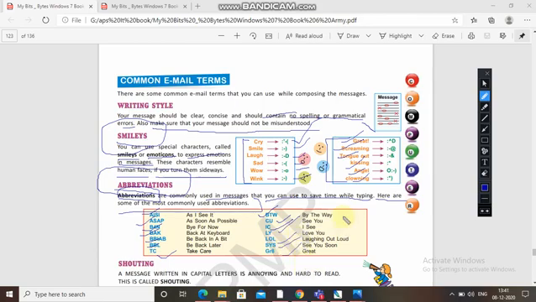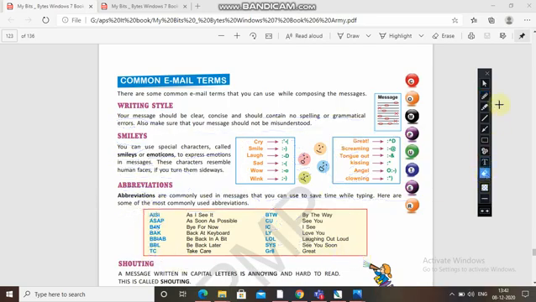So these are some abbreviations which you can use in your messages.